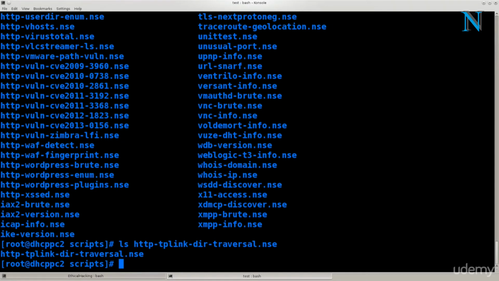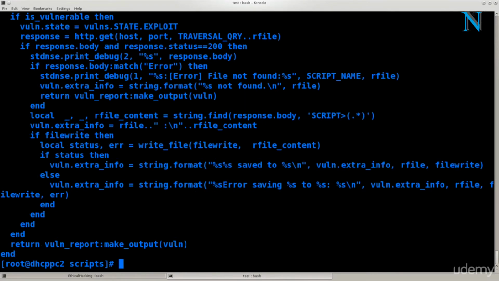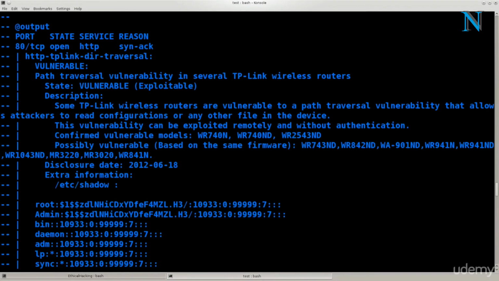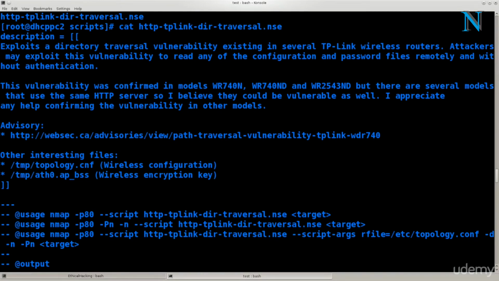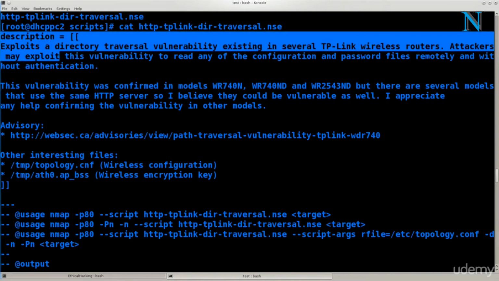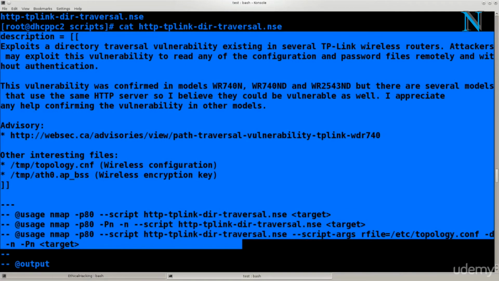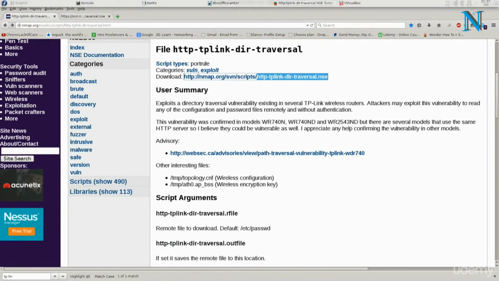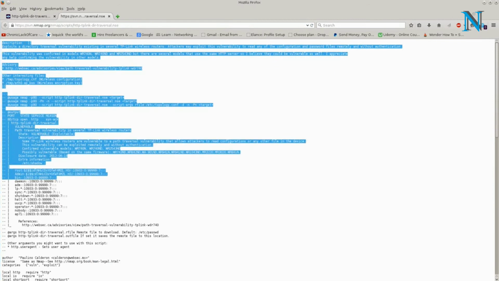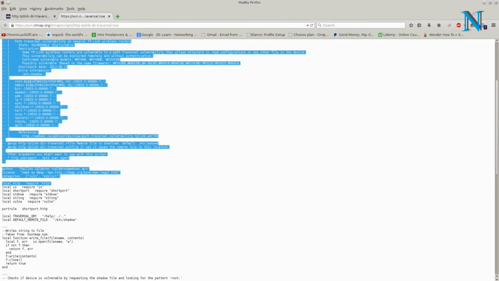So I can just do cat, and then let's paste it again. Press enter, and there you go. You have the entire script listed here. Pretty much just copy pasting. There we go. It starts from here, and it's just copy pasting what we saw on the website. So over here, these two files are exactly the same. So just select everything that is here and copy it into